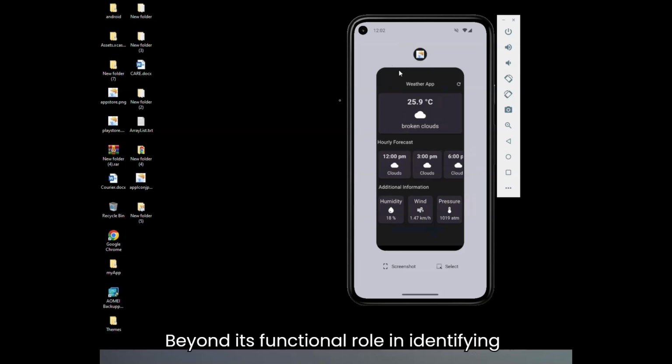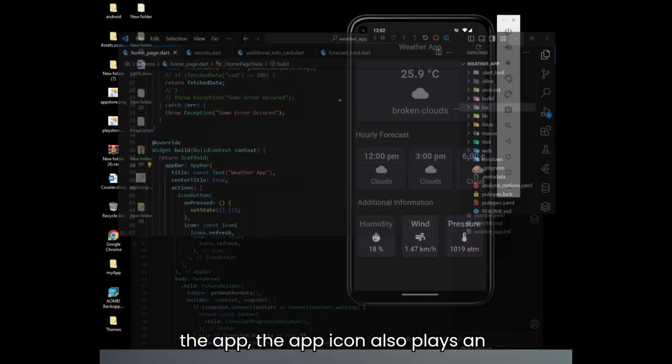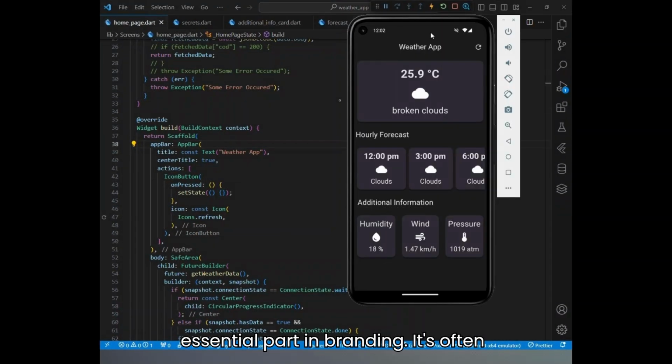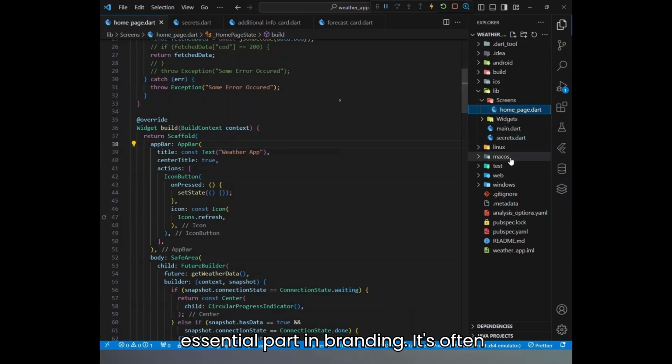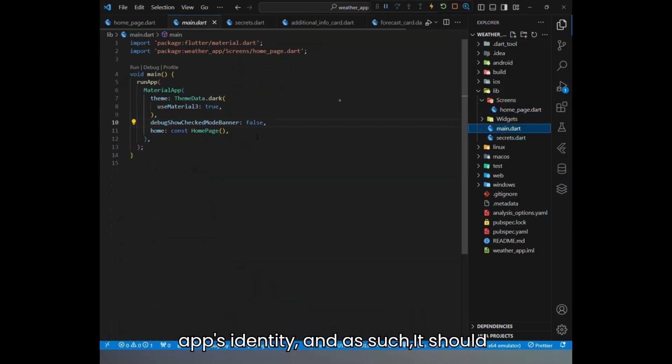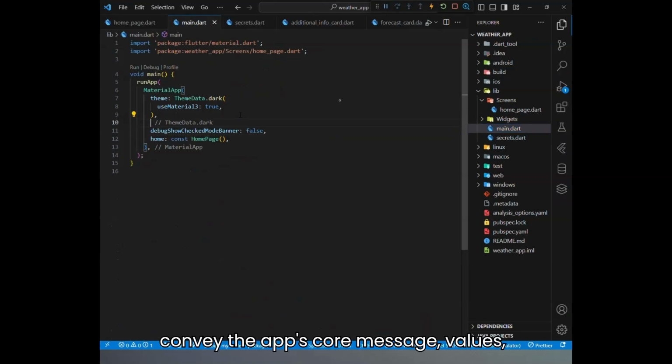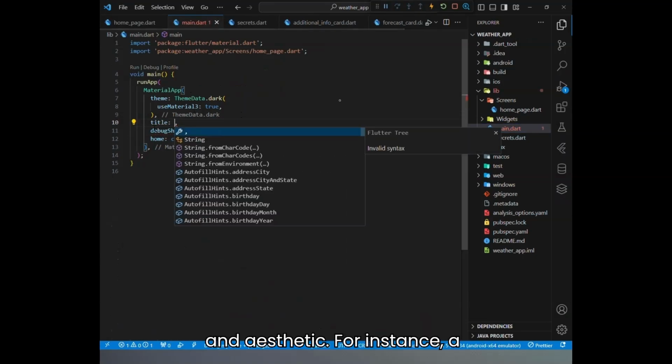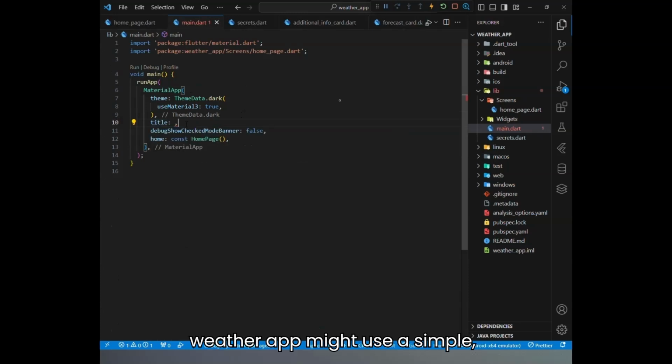Beyond its functional role in identifying the app, the icon also plays an essential part in branding. It's often the first exposure users have to the app's identity, and as such, it should convey the app's core message, values, and aesthetic. For instance, a weather app might use a